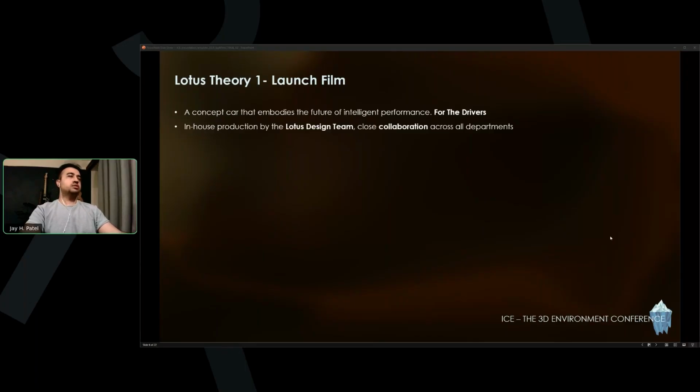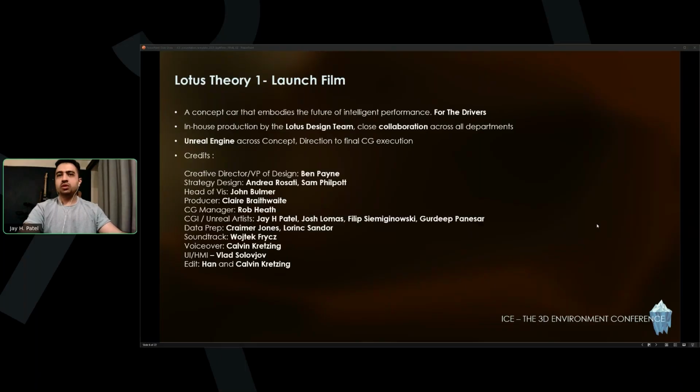And this was a production by the Lotus design team across different departments: strategy, design, visualization, all departments. And Unreal Engine was basically the full pipeline, from previs to final output. There are other software used for things like simulations and procedural generation. I'll cover that in the slides after this.